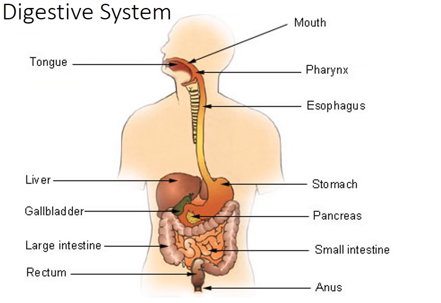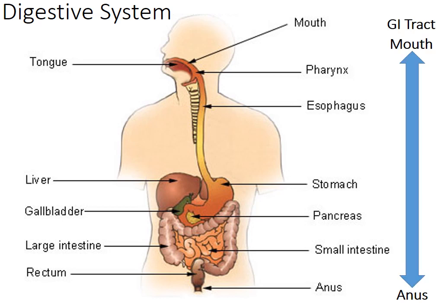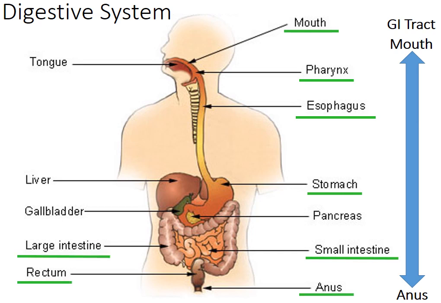Now let us first quickly go through the digestive system. The digestive system is made up of the liver, pancreas, gallbladder and the gastrointestinal tract, also called the GI tract or the digestive tract. The GI tract is a series of hollow organs joined in a long twisting tube from the mouth to the anus. They include mouth, pharynx, esophagus, stomach, small intestine, large intestine, rectum and anus, while the liver, pancreas and gallbladder are the solid organs of the digestive system.